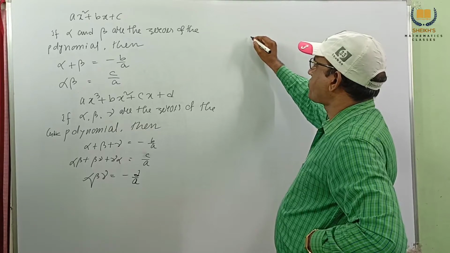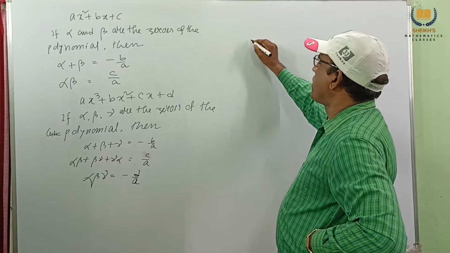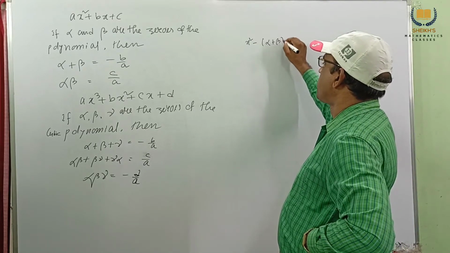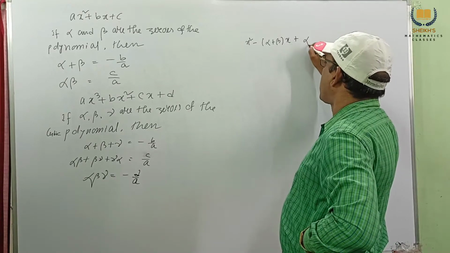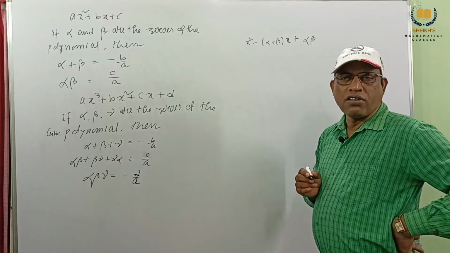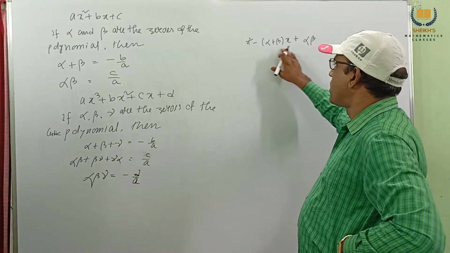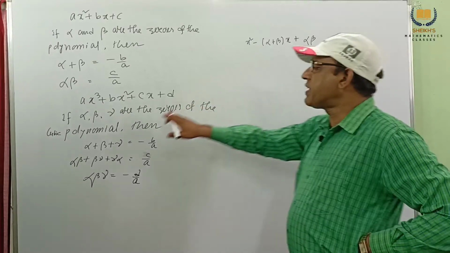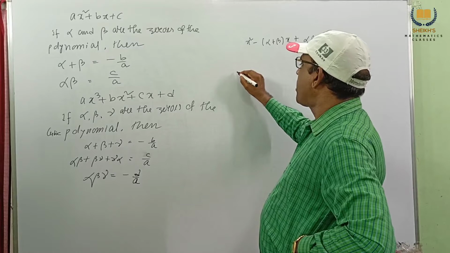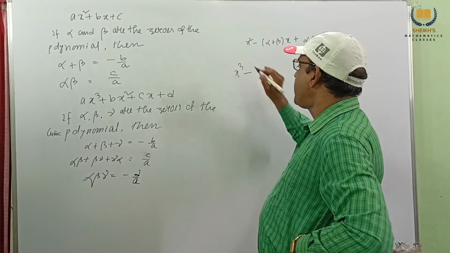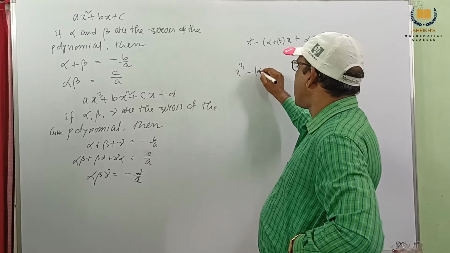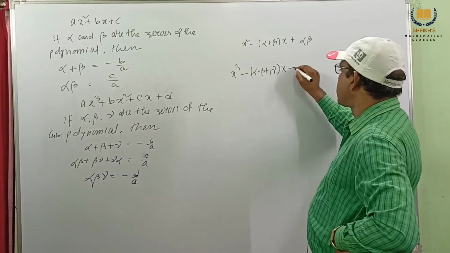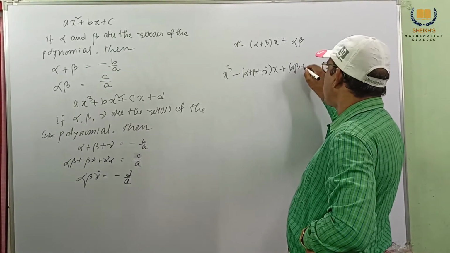First, the formula for quadratic polynomial: we know x square minus sum of the zeros into x plus product of the zeros. When you have to find a quadratic polynomial, use this formula: x square minus sum of the zeros into x plus product of the zeros. In case of cubic polynomial, we have x cube minus sum of the zeros